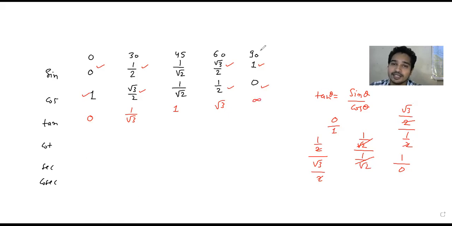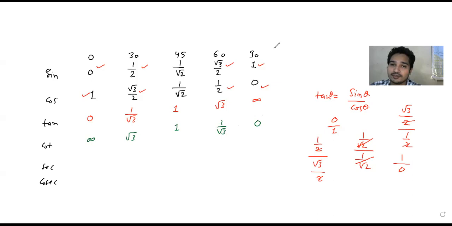Okay, now again we will follow the same procedure. This 90 value you will write here, this 60 value you will write here, and this 30 value you will write here, and 0 value you will write here. Okay, and tan 45 and cot 45 are the same. So this is your answer of tan and cot. Okay, nice. And the last one is sec and cosec.